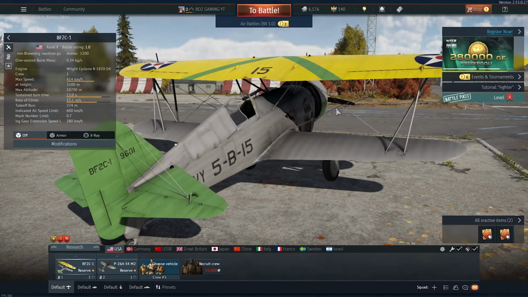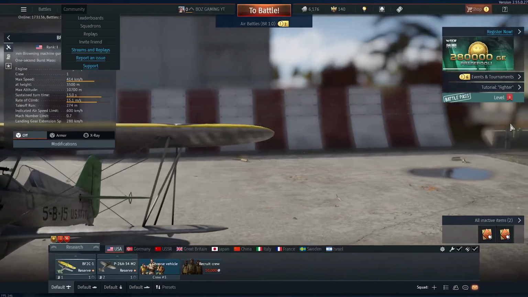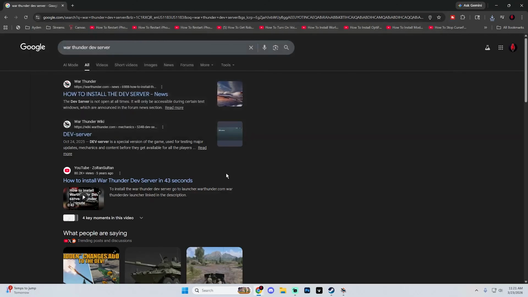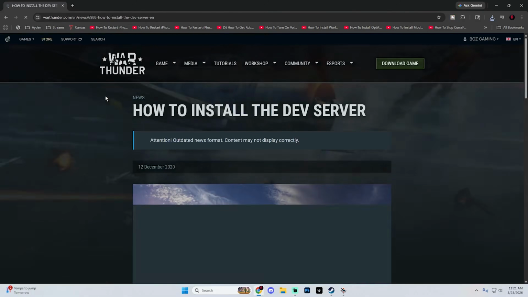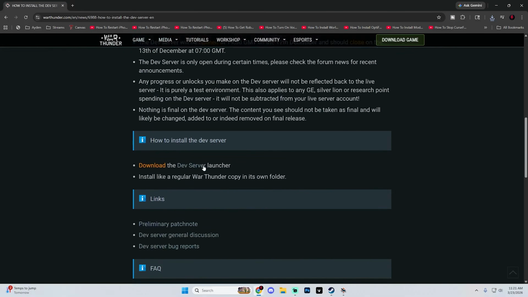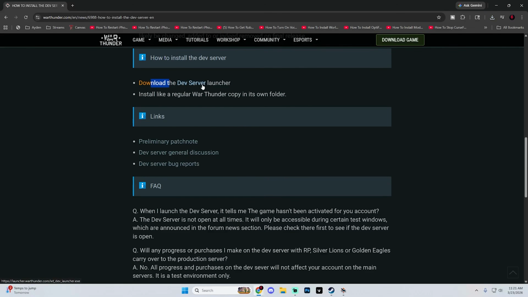First things first, what you want to do is actually go to the official War Thunder website. You can do this just by going ahead and opening up a separate browser tab. Once you have that web browser opened up, go ahead and just search up for War Thunder Dev Server, hit enter, and you're going to see a how to install the dev server news tab that looks something like this. Just scroll down on here, you're going to see a bunch of different tabs. Just scroll down, find download, hit download on that, and of course you'll be able to download the dev server